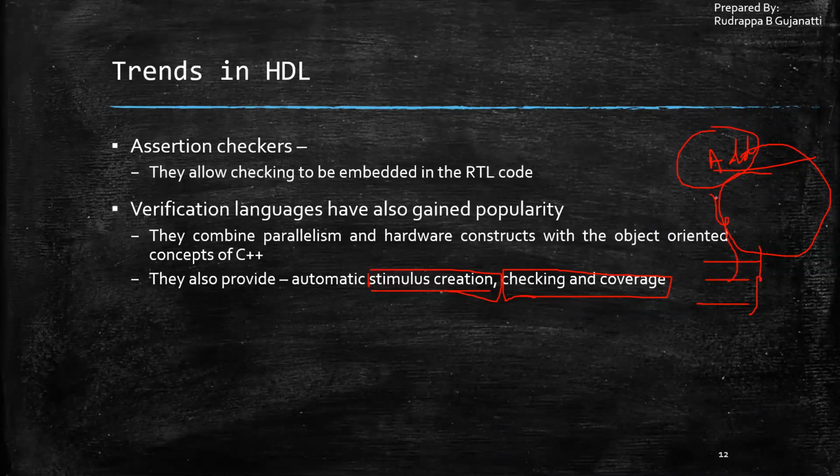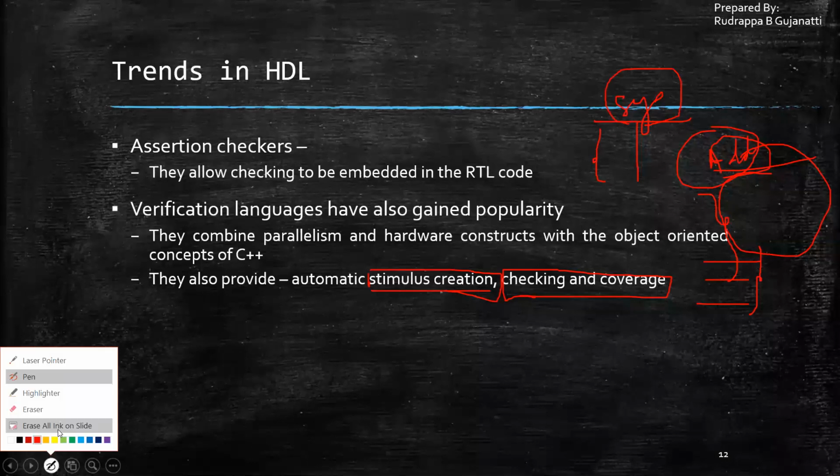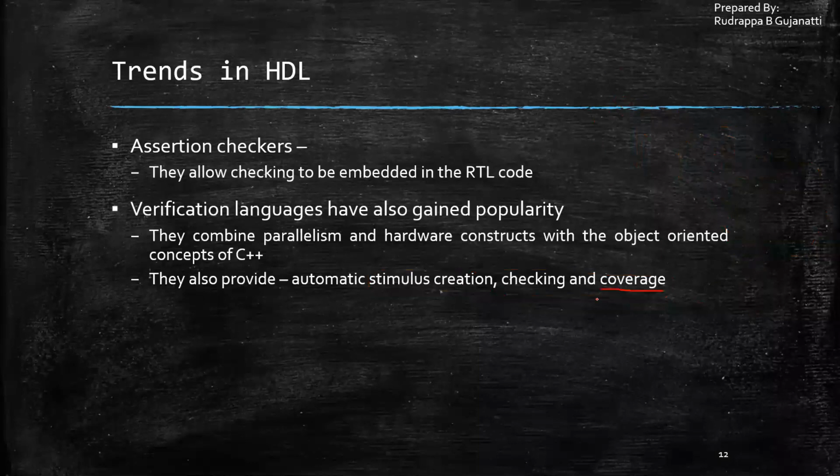Now, if you're able to test all the conditions with all the possibilities, then you're having 100% coverage. But in some cases, this is just a simple adder. If I have a system, then I might not think of some of the cases where I'll be able to tell that okay, this scenario may arise. In that case, you are not able to cover a few of the tests which have to be done on the system. So you might have not thought of those, and such kind of cases may arrive. So you try to have the maximum coverage, maximum checking from the system point of view.